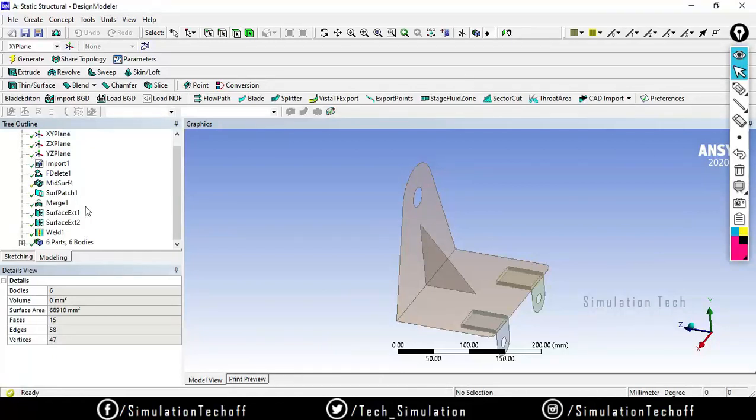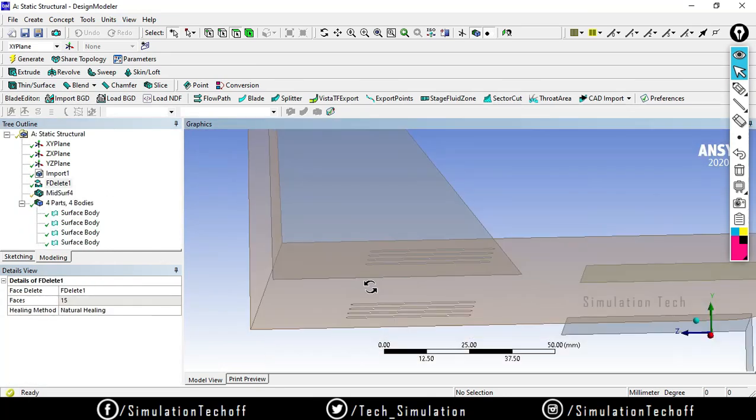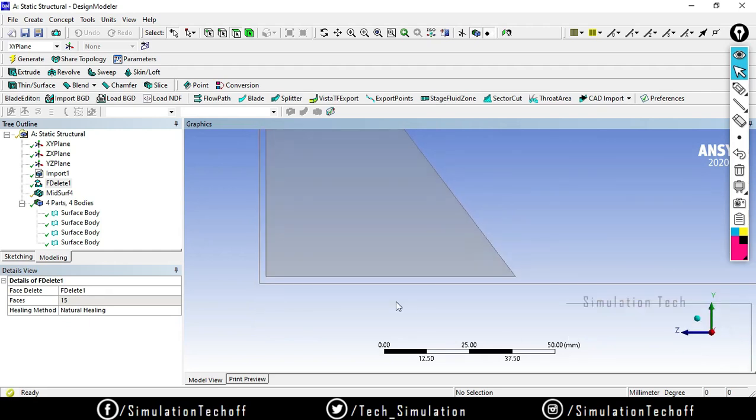So I will start from the geometry editing part. I think I have covered how to extract the mid surface, both automatic and manual method. There are two different methods to connect the surfaces. So here you have a gap like this, right? So we need to connect this. Why? Because if it is disconnected, we can't mesh, and we can't consider it as a valid single body. Okay, so that is the first point.